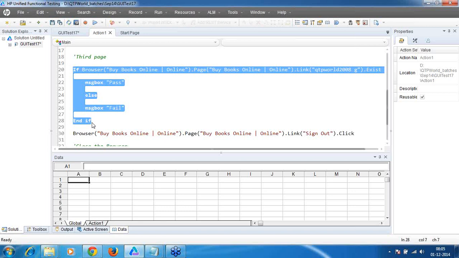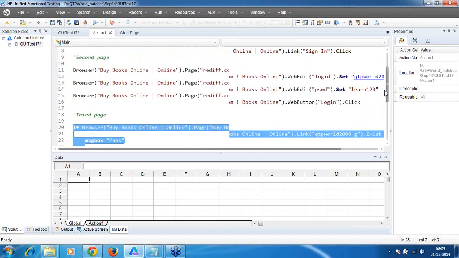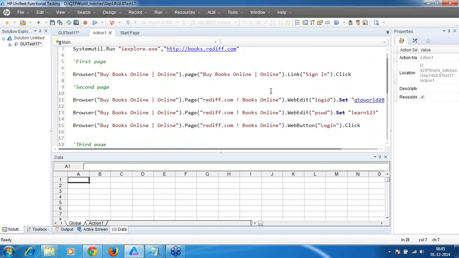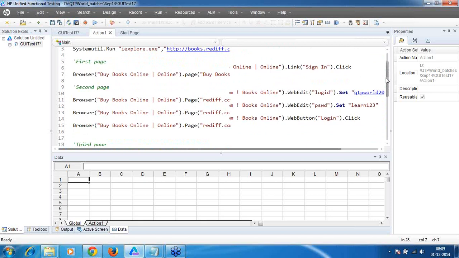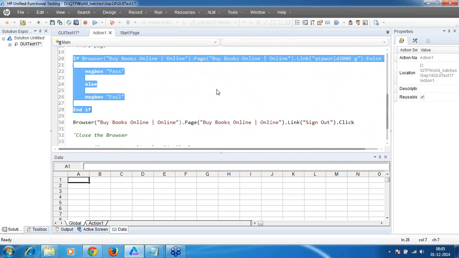In any automation script, you'll be having the navigation steps and the validation steps. With a combination of these two, you can automate each and every test case. On a daily basis, you'll be writing code like this.